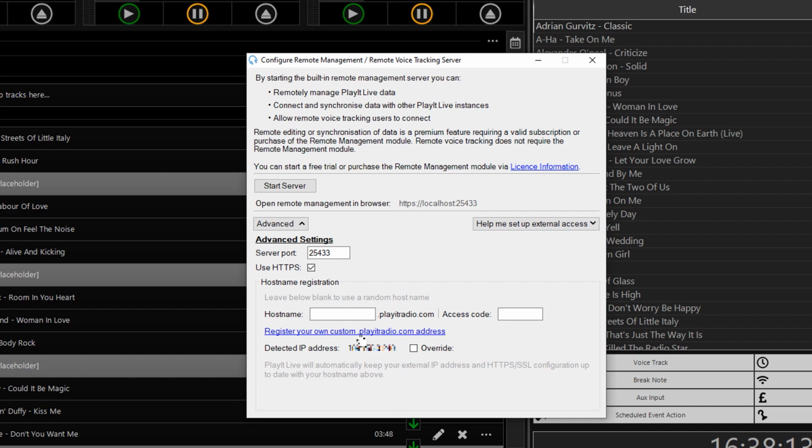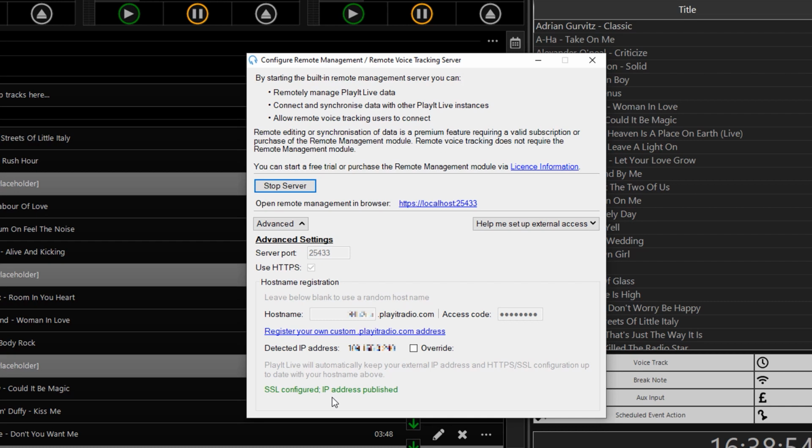So I'll click on Start Server. You might be prompted for some administration privileges here to enable some Windows configuration. But when you click Start Server, it will assign a hostname, and it will begin to download an SSL certificate which is required for the secure HTTPS access. And once this is downloaded and configured, this will go green, and it will tell you that your IP address has been published alongside that hostname.